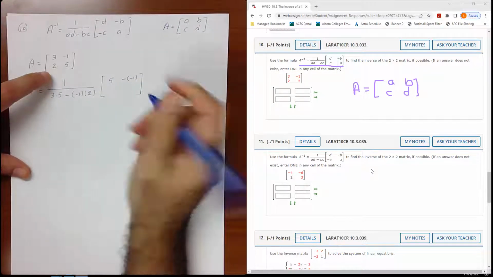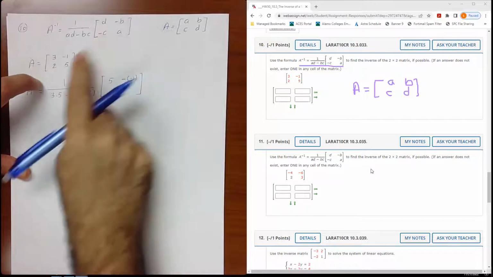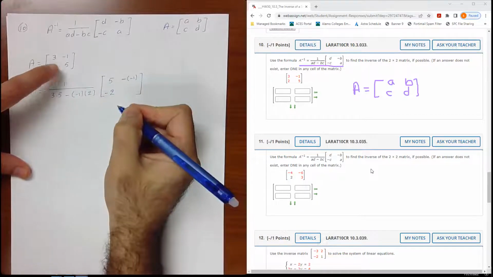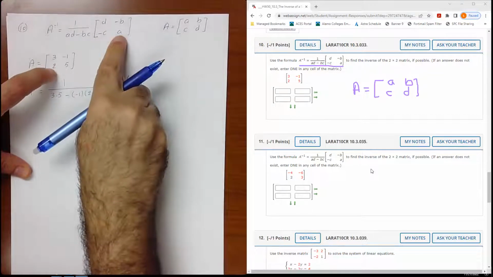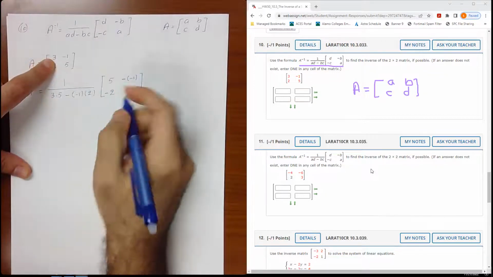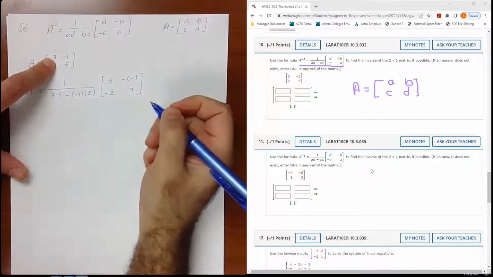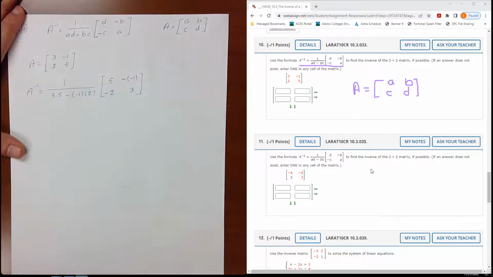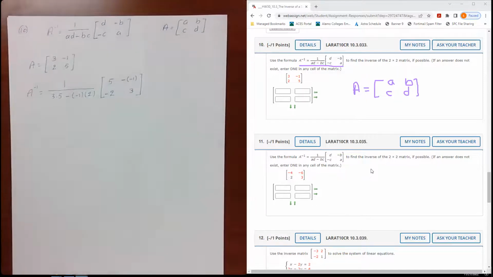Then I'm going to put here negative C. So where is C? This is C. I'm going to put negative C. And here I'm going to put A. A is this number. So here's A. So be careful when you do the numbers. My advice for you is to write down